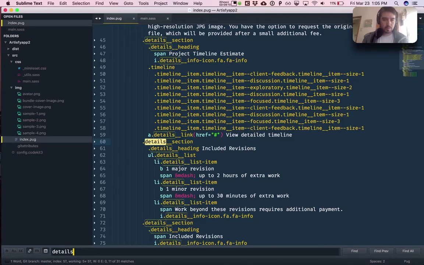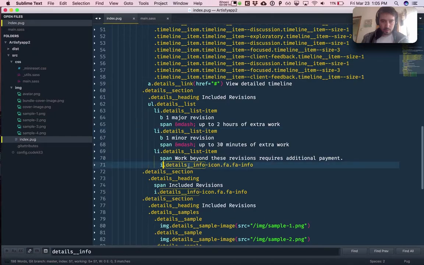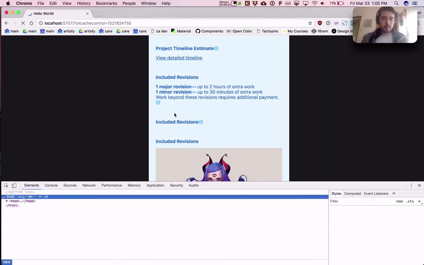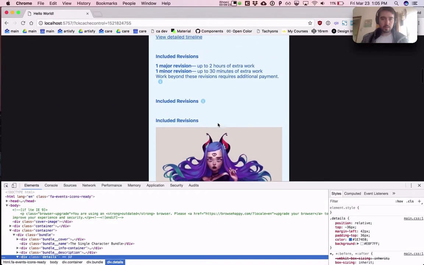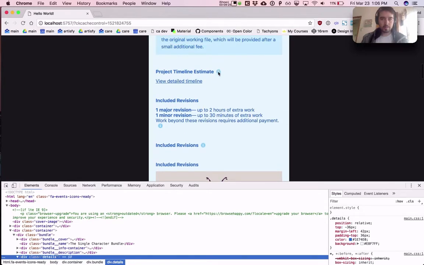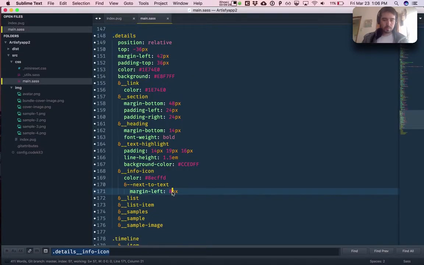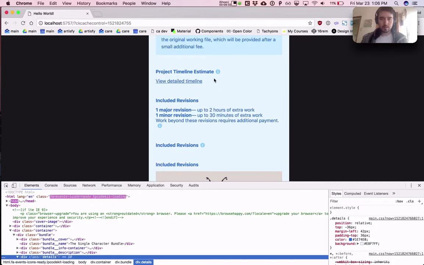Details. Info icon. Got all of these, and then I'll paste this next to it. And let's see what this looks like now. Nice. So we got a little margin. I think it's a little too big. Go down to 6. Okay, so now